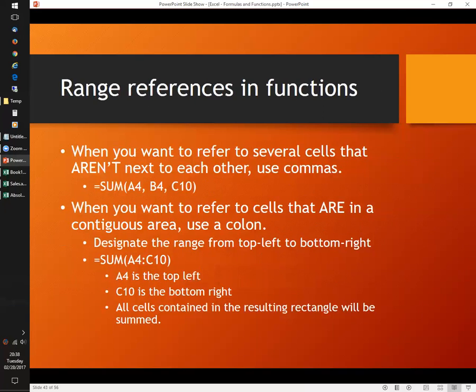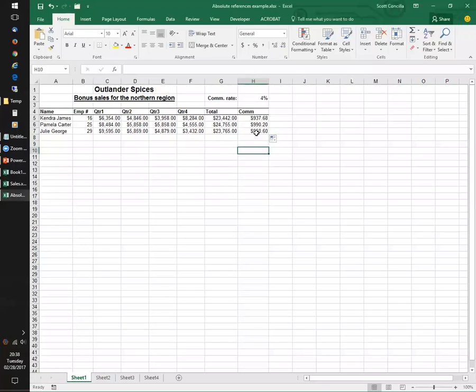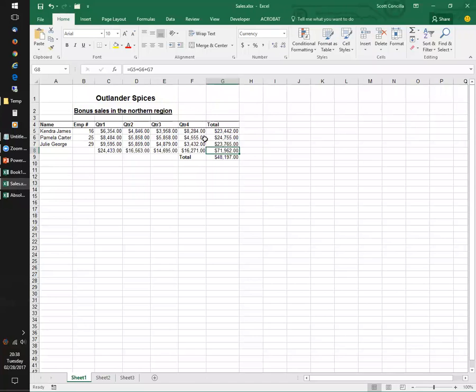Now, within a function, how do we refer to cells? Let's look at our sum function again. Actually, let me go back to, is it this spreadsheet? Yeah, because we're going to redo what we did here. Okay, but we're going to use